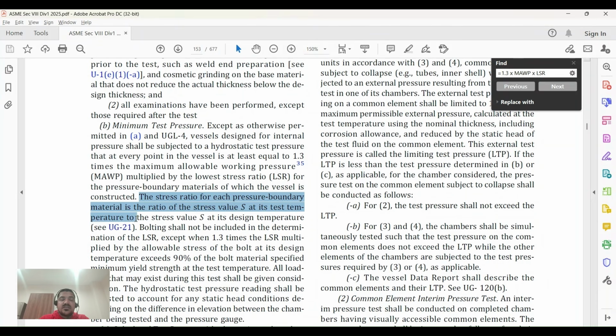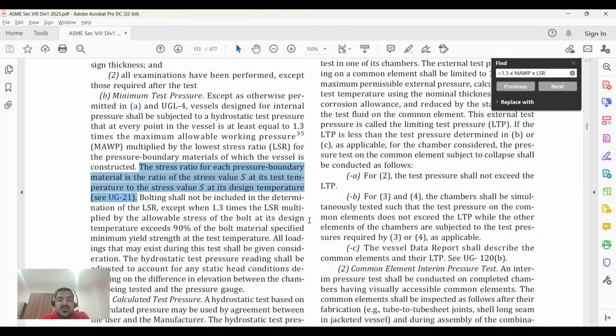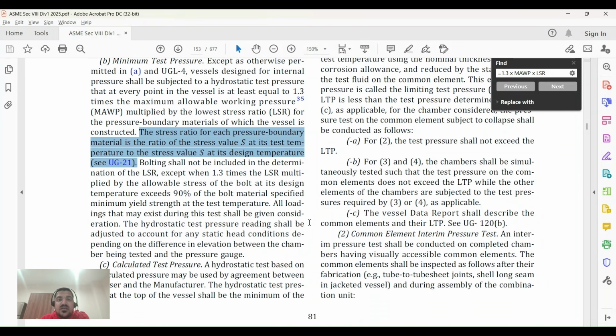What it says is the stress ratio for each pressure boundary material is the ratio of the stress value at its test temperature to the stress value at its design temperature. Right. So it is a clear ratio between the stress value S at test temperature versus the stress value at its design temperature. So thereby you will get,